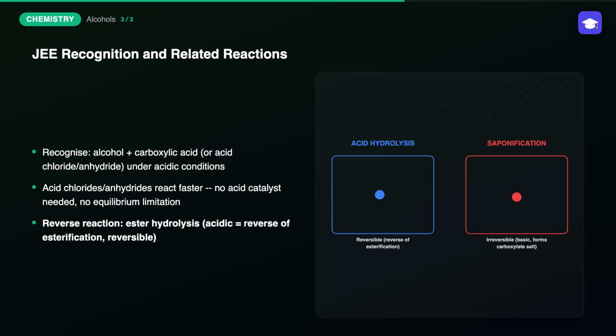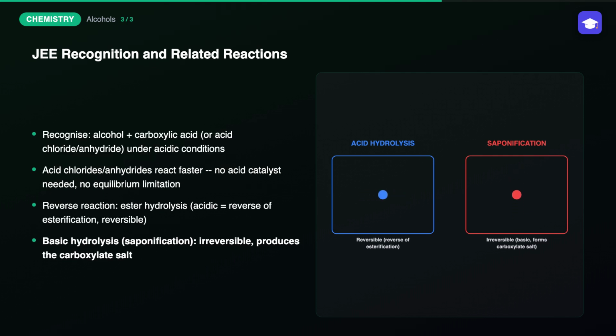plus alcohol esterification does. The reverse reaction, ester hydrolysis, breaking an ester back down into its original alcohol and carboxylic acid components, can proceed under either acidic conditions, essentially the exact reverse of esterification, or under basic conditions called saponification, which is irreversible, since the carboxylic acid product is immediately, permanently converted into its unreactive, deprotonated carboxylate salt form under those specific basic conditions.